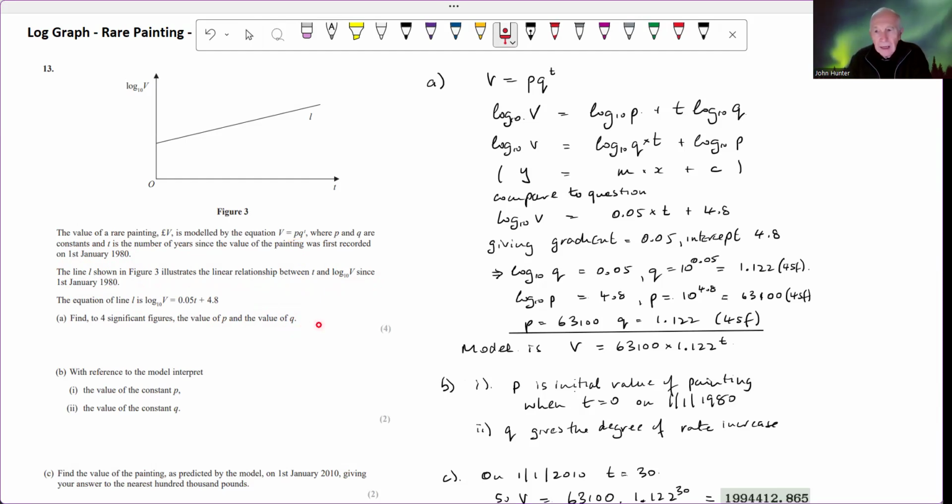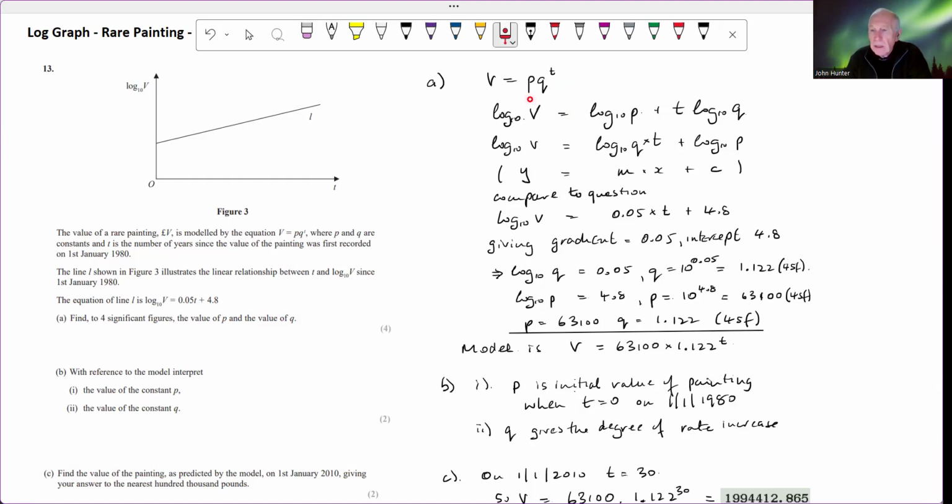So the basic idea here is we've gathered data regarding the value of this over time since 1980, and we want to fit it to this. We believe it's an exponential. It seems to be sort of accelerating away. So we believe it's an exponential. And the general form of this type of exponential growth is this. So V is connected to T. We've got these two unknown constants here in the general model,